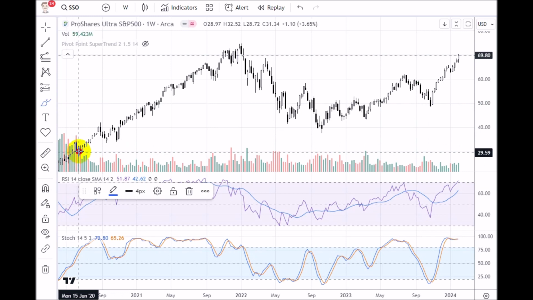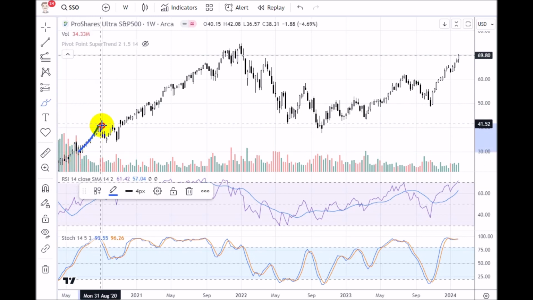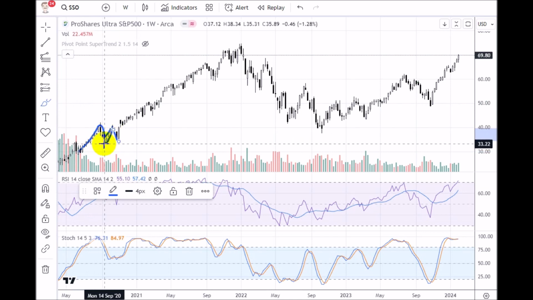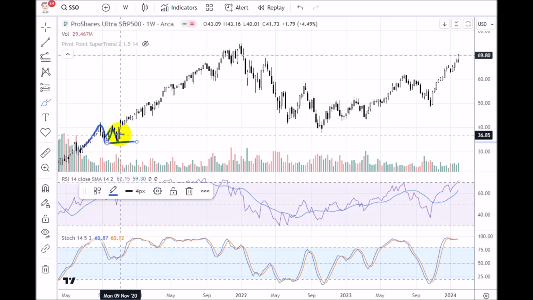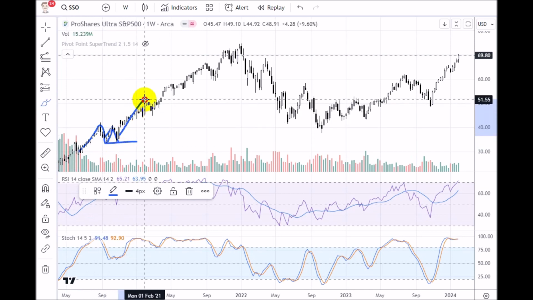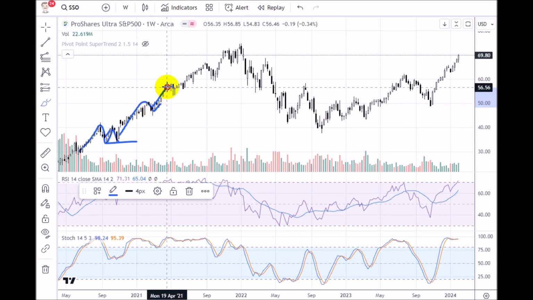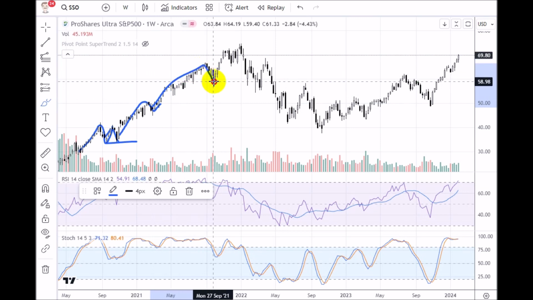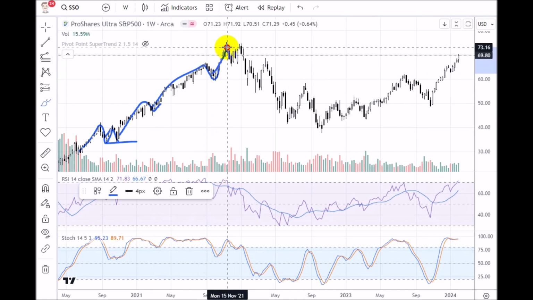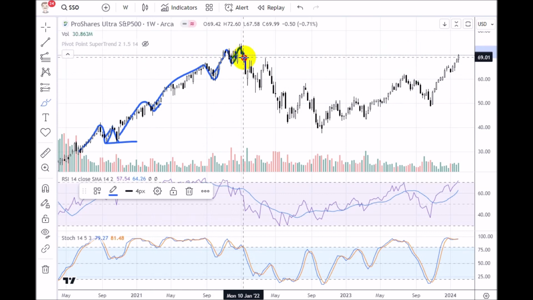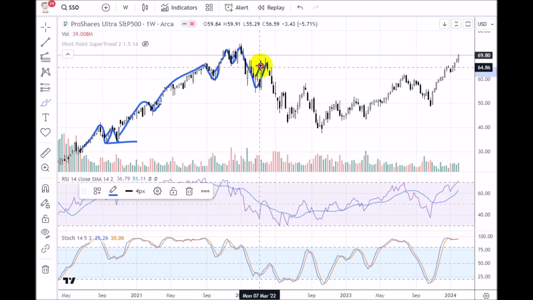So here we have a rally to a new high, a pullback, a flagging formation, a breakdown that did not take out the low, so it reverted back to the upside, finding support, rallied up to a new high, brief little flag, took off, rallied higher, came up here, pulled back, broad flagging, continued to rally higher, pulled back, broad flagging, rallied higher, pulled back, broad flagging,